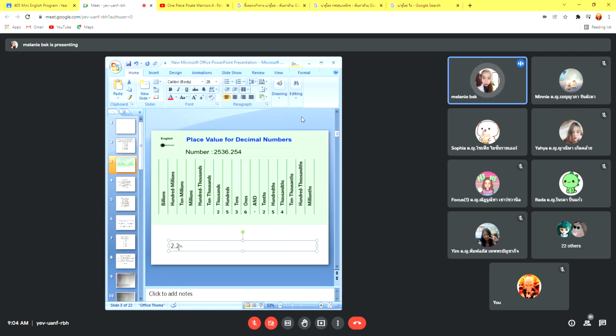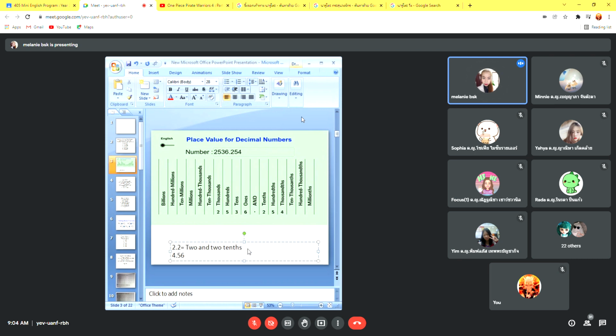Okay, so this one is a whole number, so we're going to have this 2. If you're going to write this one in decimal, we're going to have 2 and, and it stands for the point. Okay, and 2 tenths, children. 2 tenths, because the place value of 2 is in the tenths place. Okay, so we're going to put tenths here. Okay, next we're going to have